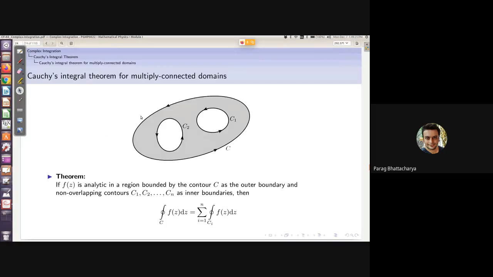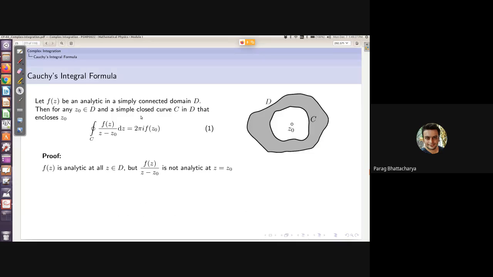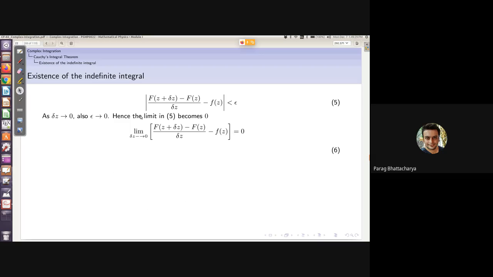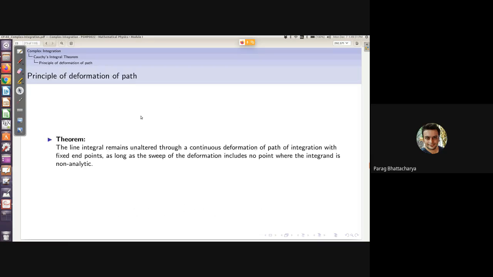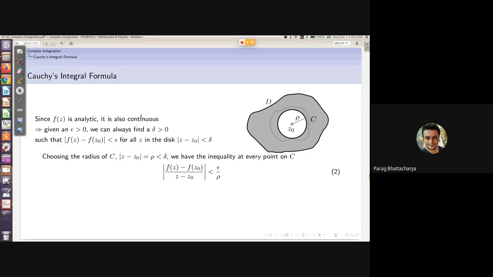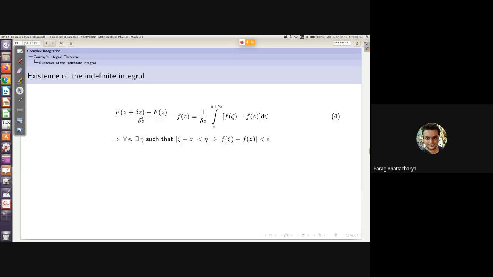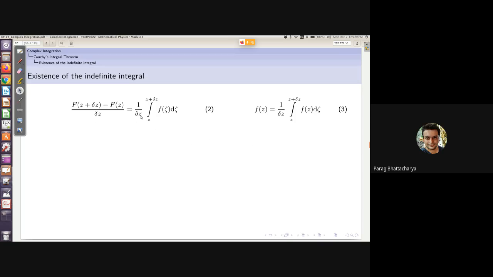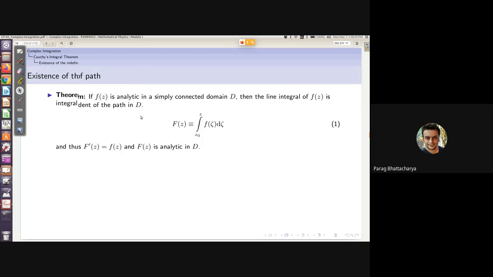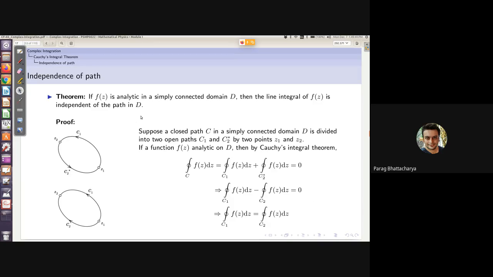Okay, so we have some properties that we'll have to do, and in tomorrow's class I'll start with this derivation, and then we'll do the other properties, and this will lead us to the Cauchy integral theorem. Then we can do the Cauchy integral formula. Then we'll be able to use this to actually solve some numerical problems. Okay, some applications we can do. Any questions do you have so far? Whatever we have done.